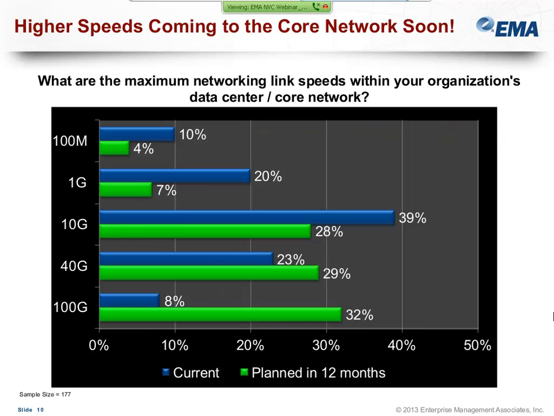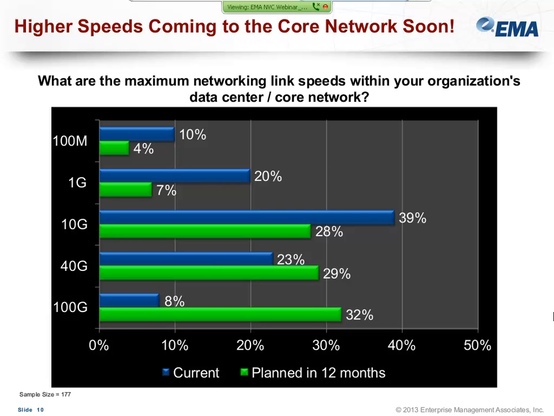Next thing I wanted to look at, this is a big driver of the demand for NVCs in the first place, is what is the maximum speed, the network link speeds, in that top use case, data center core networks. And a pretty astounding answer here. I think I was really surprised by the number of folks who said, in this case, as you can see, that they're moving from 10 gig, 1 gig, 10 gig, 40 gig, a lot of them moving up to 40 and 100 gig. And a fourfold